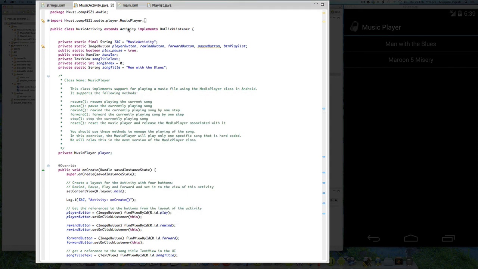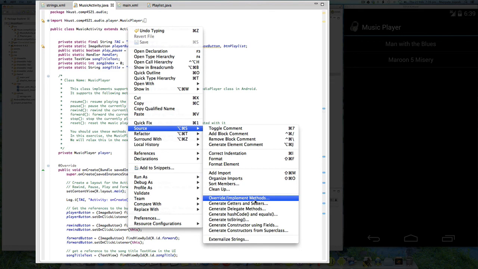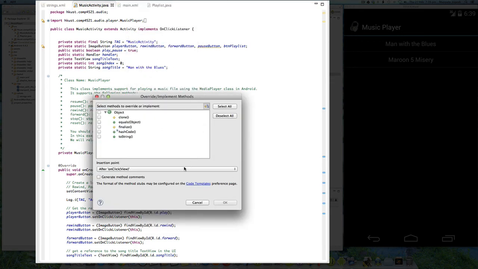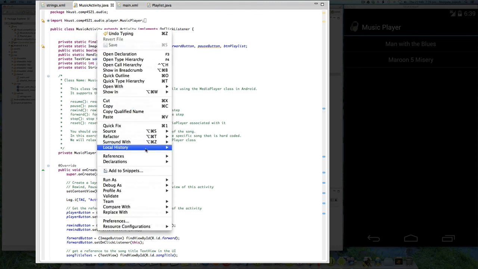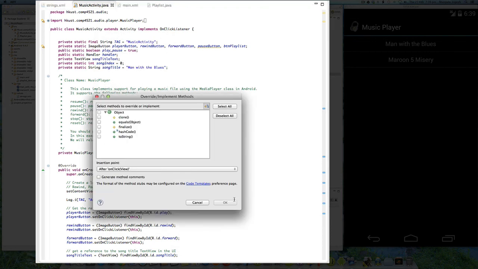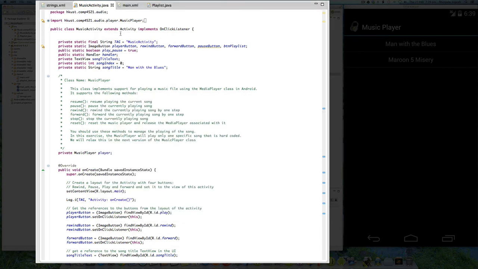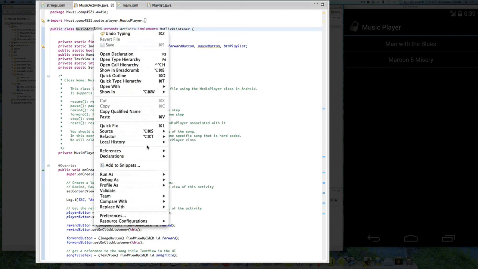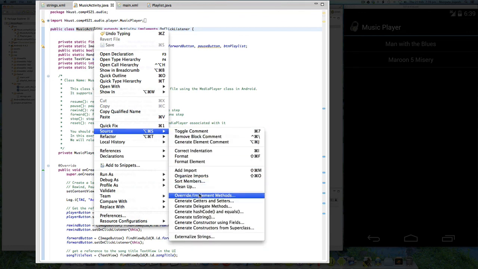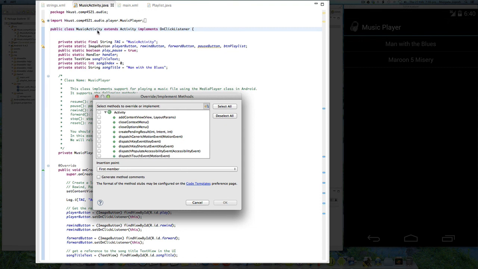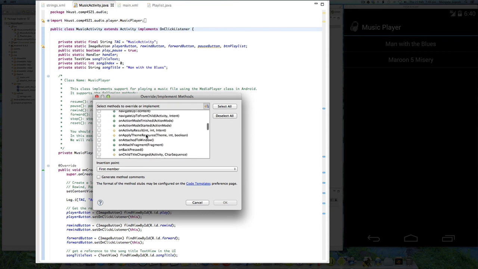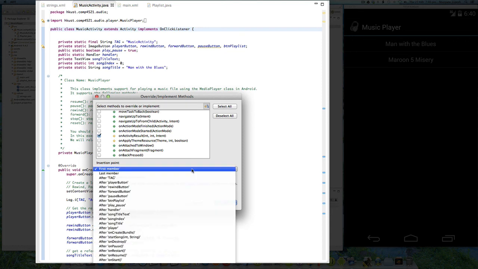Okay, and then on the activity, so I'd say override implement methods. Okay, there you go. I have to first select it so that it knows exactly what I'm trying to do. So get down into the code and then select the onActivityResult. This one here. And then click on OK, and then I will include it after the onCreate method so that